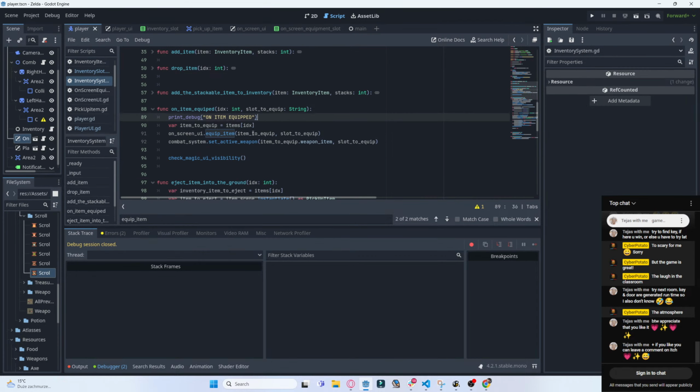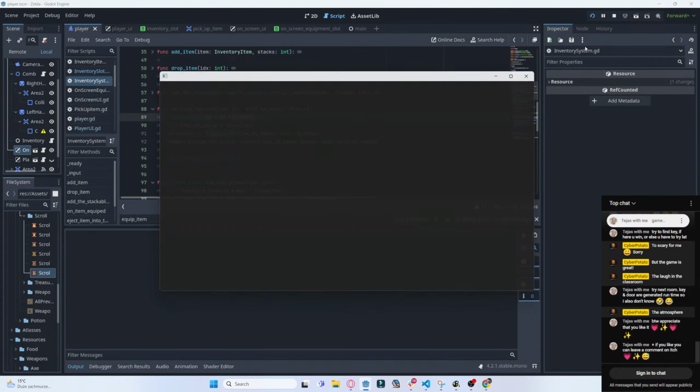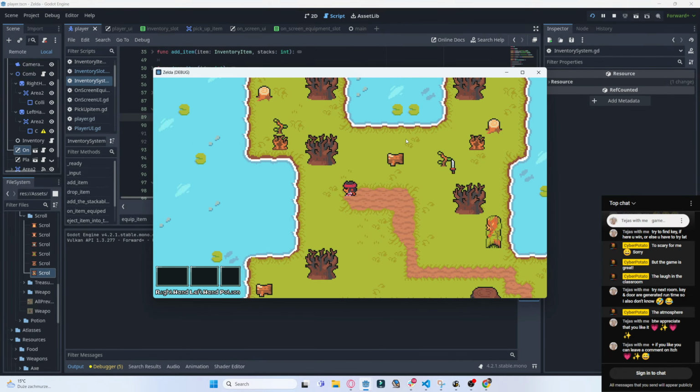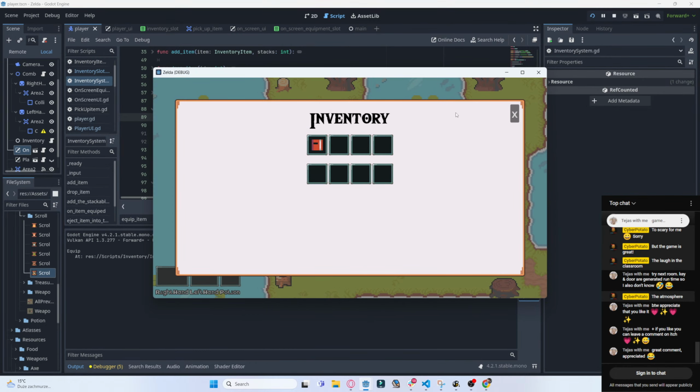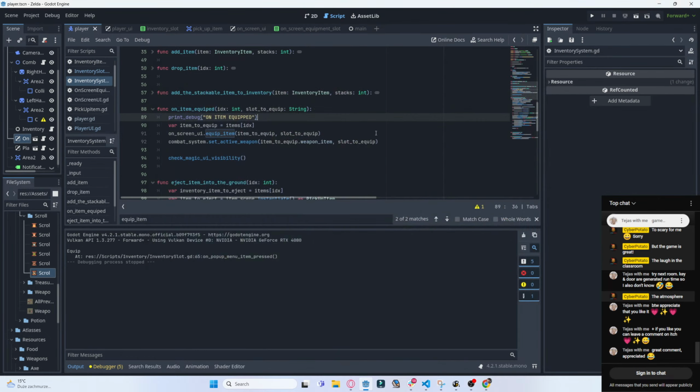Okay, what are we doing? We are figuring out the last bug. So drop. Now I shouldn't be able to equip this because we only have equip and on item equip. Great comment, appreciated. Yeah, no worries, dude. Like, it was something. Okay, so